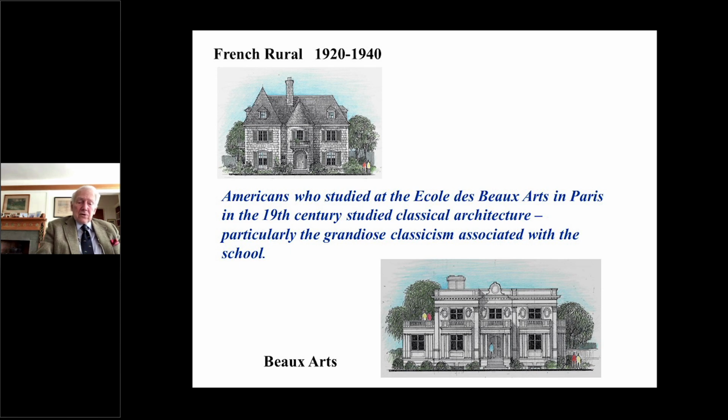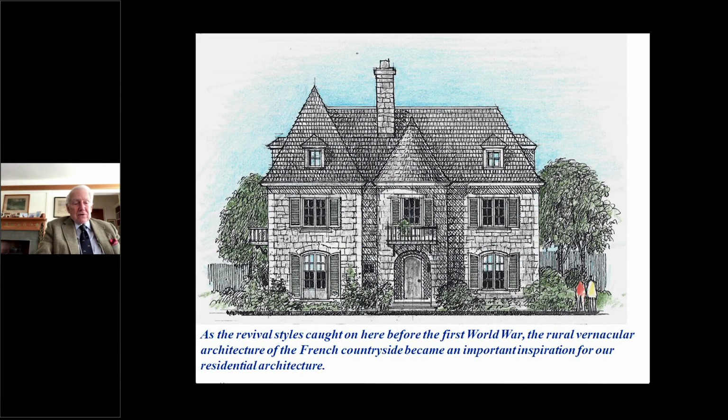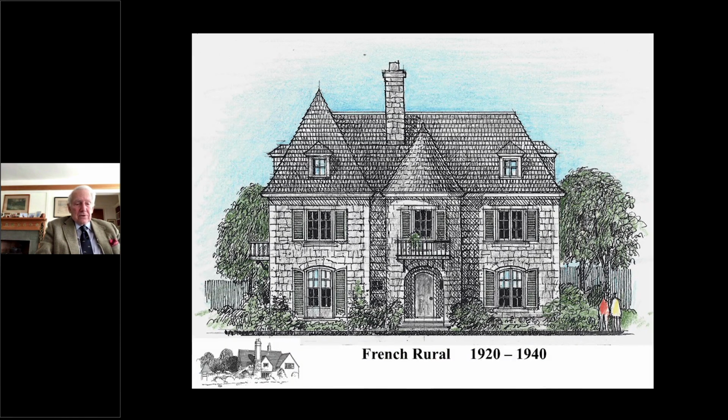Americans who studied at the École des Beaux-Arts in Paris in the 19th century studied classical architecture, particularly the grandiose classicism associated with the school. As the revival styles caught on here before the First World War, the rural vernacular architecture of the French countryside became an important inspiration for residential architecture. That little house on the bottom there is in West Mount Airy, Pennsylvania, just outside of Philadelphia. It was designed by Mellor, Meigs, and Howe, who were very important